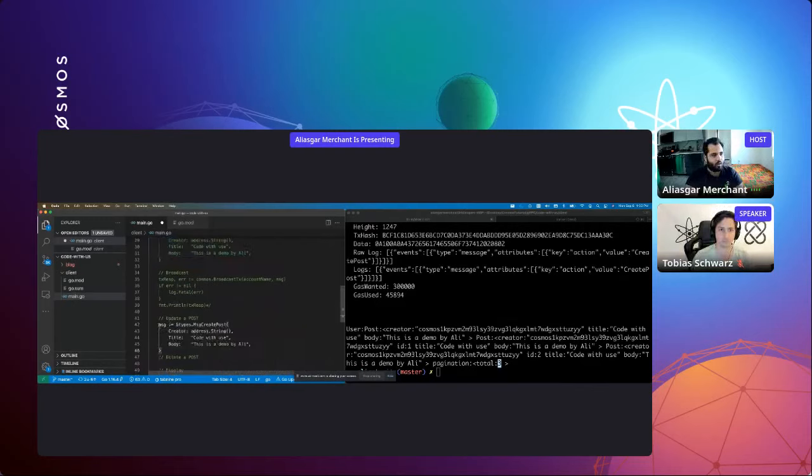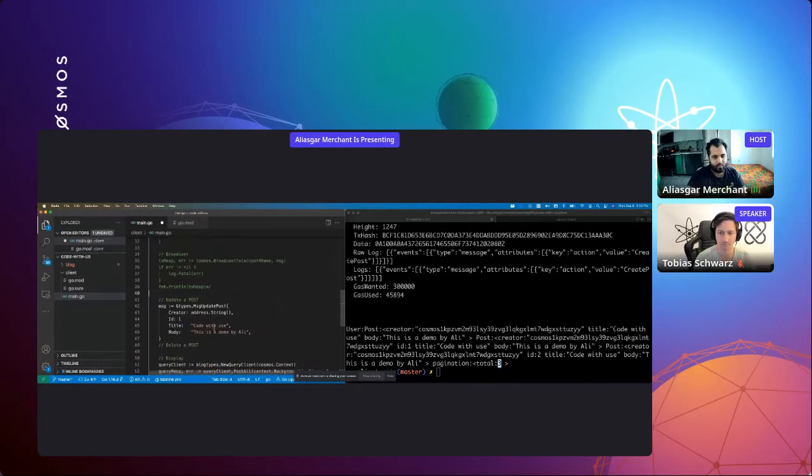Now, one additional parameter that message update post needs is ID, which was missing in case of create a post. So we also need ID. We are going to pass the ID. The ID starts with the count of zero. So the first post is zero, and then the second post is one, and so on and so forth. Since I want to update the second post, what I'm going to do is pass the ID as one,